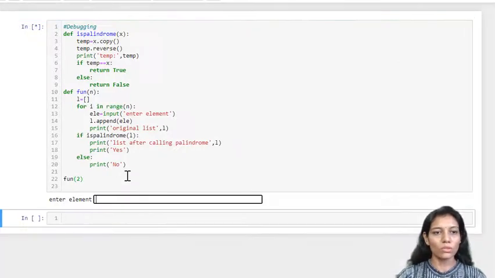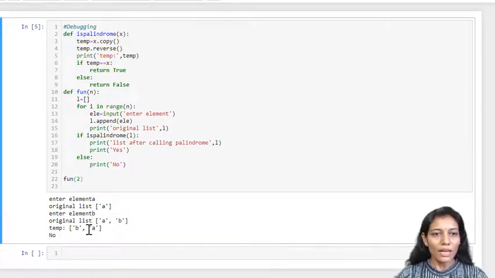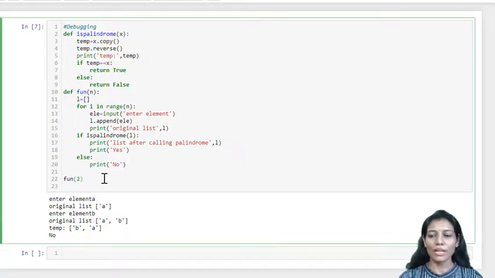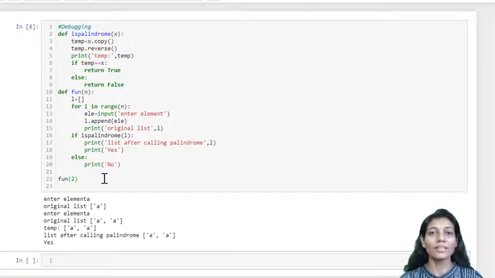Now let us execute the code one more time. So now A and B, and B and A, and finally it has given us no. That means it is saying that your given string is not a palindrome. Now one more time we'll execute the code for a valid input, because ultimately our aim was to check whether the given string is a palindrome or not. Here I am giving A, and the second parameter is also A, so the reverse of A and A is the same. So it should now say palindrome. Let us see whether it is giving that or not. Oh yes, it has shown us yes, that means it's a palindrome. Now our code is working properly.